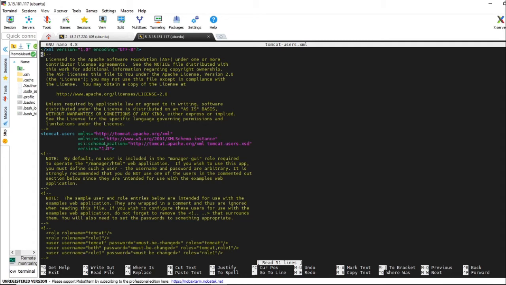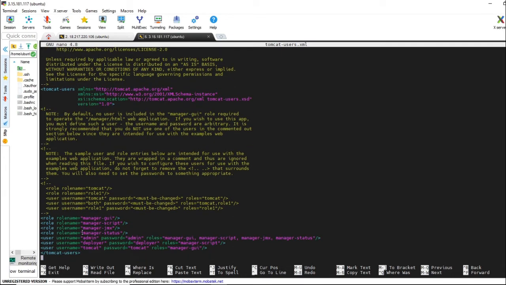If I go to the bottom, these are the usernames and roles which we assigned in this XML file last time. With the username tomcat and password tomcat, we are using the GUI of Tomcat, and this is the deployer username and password. This deployer has the manager-script role, and we will be using this deployer in